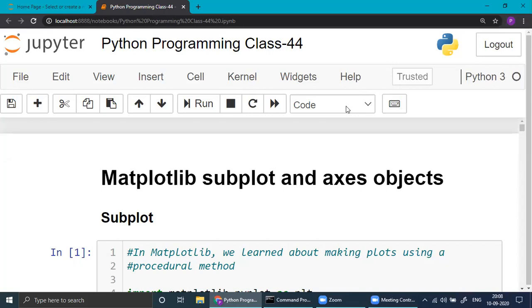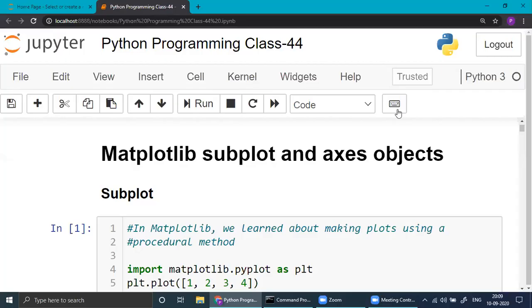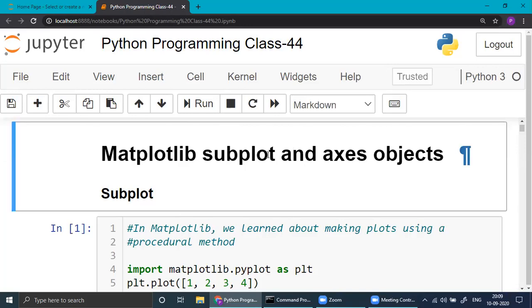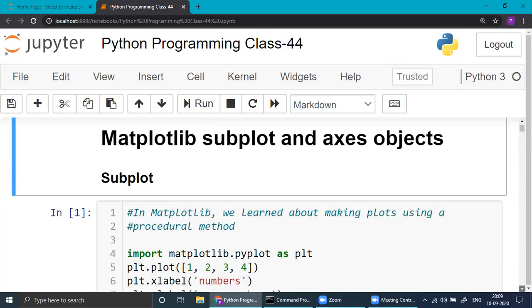We'll study subplot for the first time, though we must have used it in machine learning models. One important thing here is we'll talk about subplot today, not subplots. Initially I wrote subplots, but then I changed it to subplot because subplots is a different one. We'll discuss that separately in the next class, that will be class 45. Coming back to subplot here,